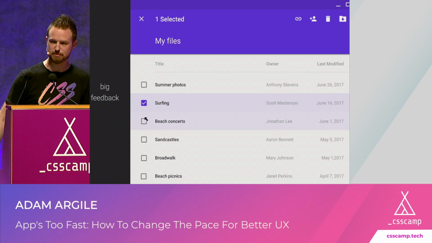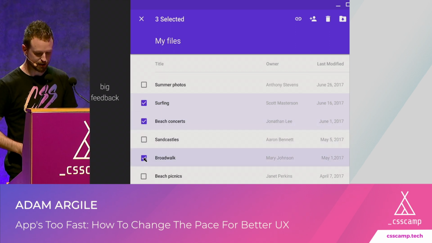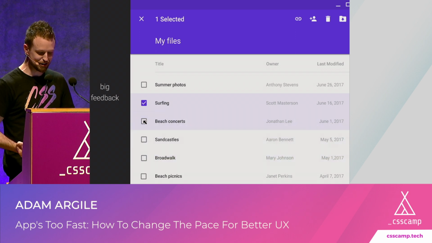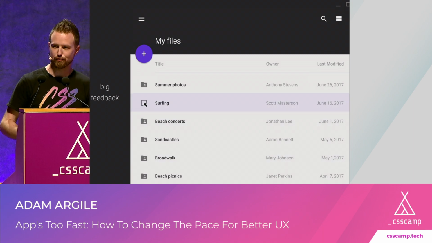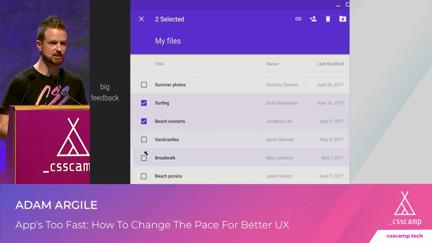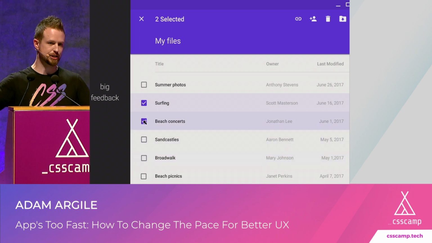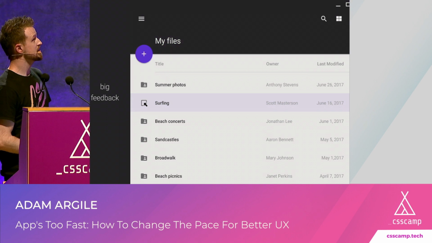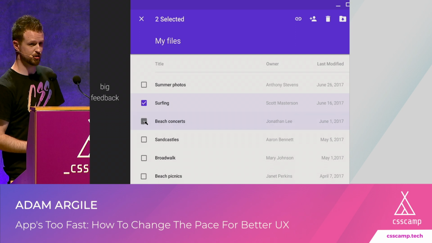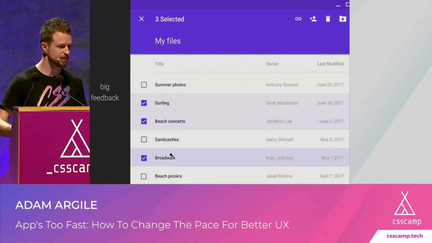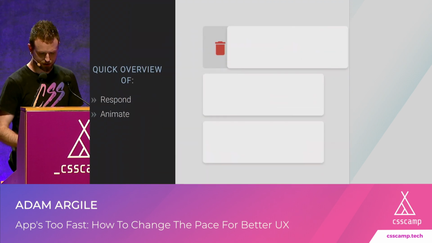So then there's also things like big feedback, where the feedback is globally applied to the page. This isn't just nice animation. Well, I mean, it is, but it's the amount of feedback we're getting back from our interaction that really calms us and gives us confidence that this application is so prepared for me to check boxes, it's changing the whole UI. Almost everything about this interface is pivoting on whether or not I've made a selection or not. That gives me confidence the application is responding to me. These are other fun ones here.